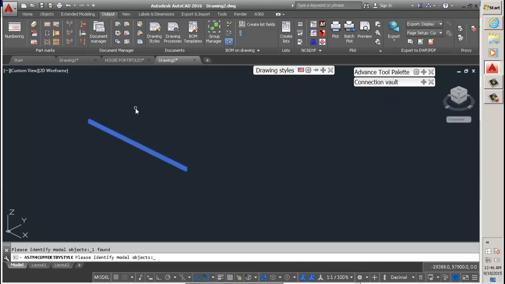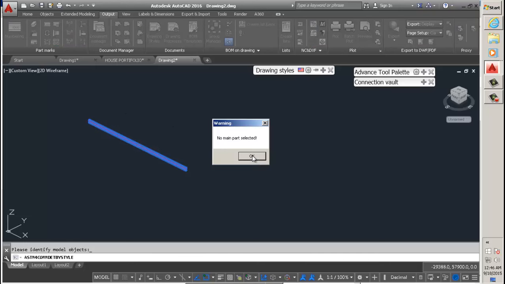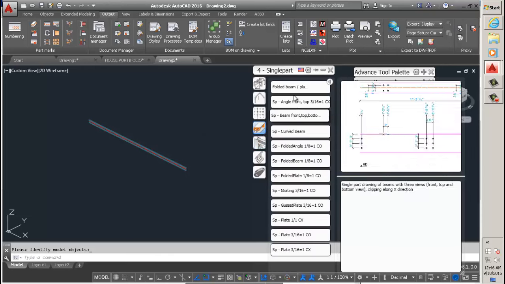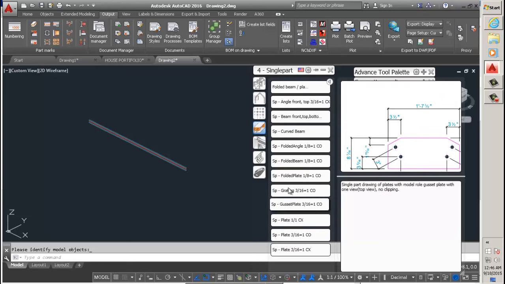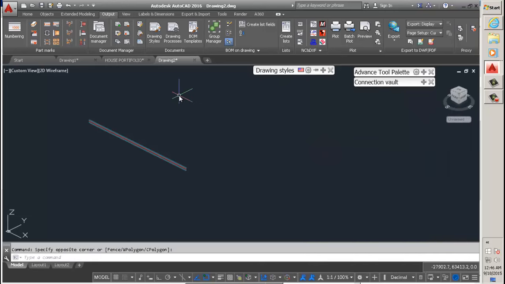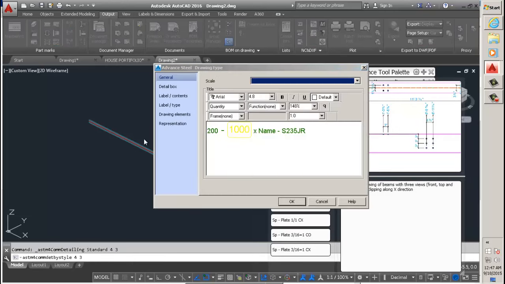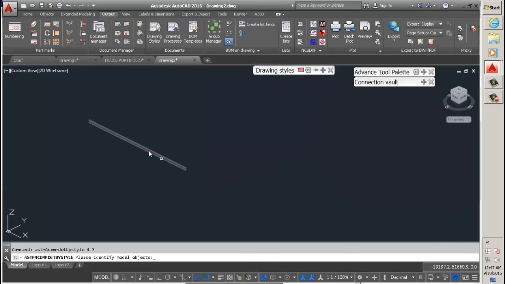Select the beam, right click. That was the wrong one. I'm gonna go single part. Okay,